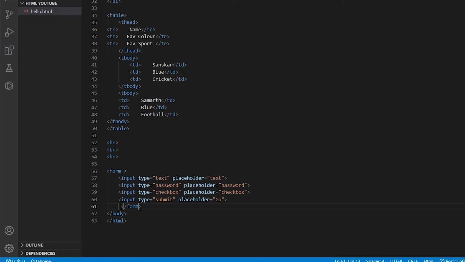A good way to check this is to read the HTML documentation. You can read W3Schools documentation. It's very good, it's very helpful. And one thing here is that in this input tag, the attributes are very important. Attributes are type and placeholder. They are very important as they help you change the type of the input. As in, you want to take text or password or radio or checkbox, you can do that, right?